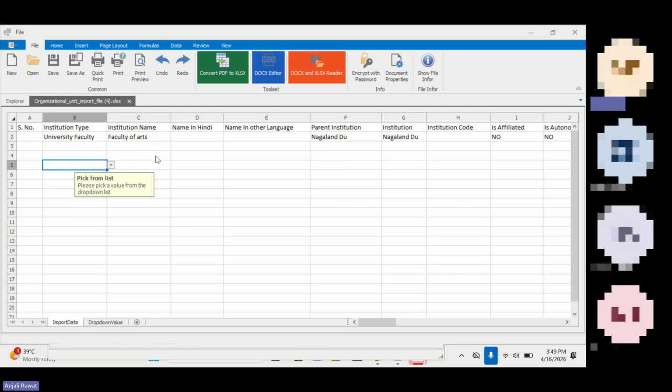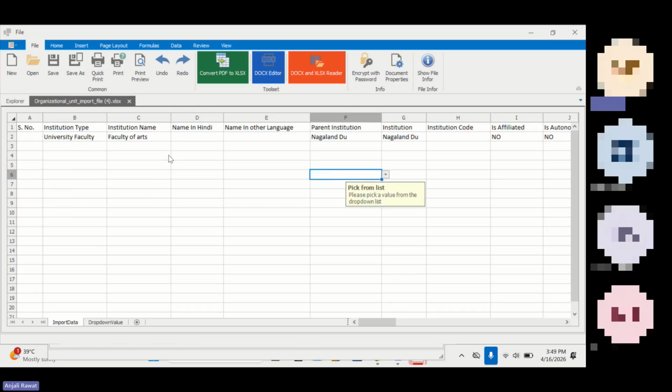Whatever parent you want for the department, for example faculty of arts as a parent here, it will not appear. First you add your faculty as an OU, then this faculty will appear here as a parent. You can select it as a parent. Like that you have to create your structure. You can create the structure designation wise, and in the same way for the building also. Your HOD, meaning your department, is reporting to the dean or school or faculty, and your faculty is reporting to the university or your institute.